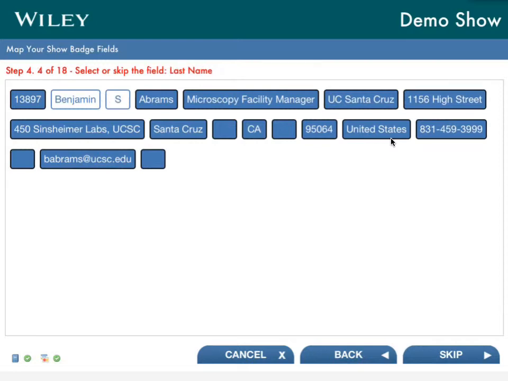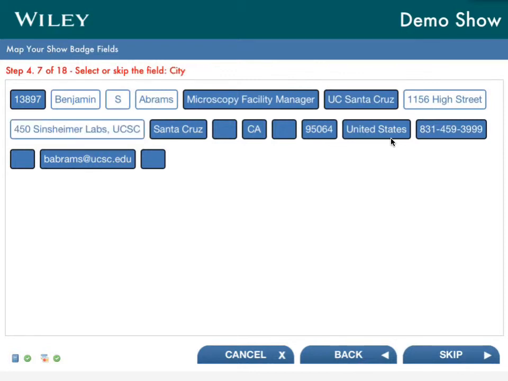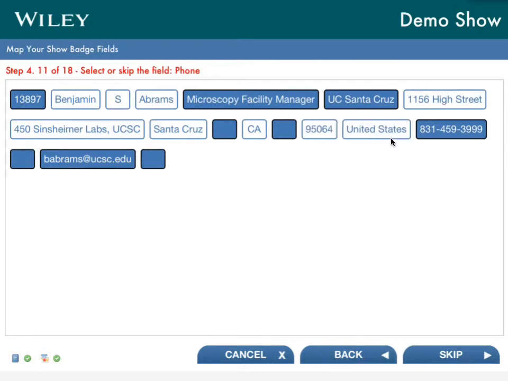Then last name, address 1, address 2, city, state, zip, country, phone. Now it's looking for phone extension, which is not on the badge, so we will hit skip. There is no phone 2, so we'll hit skip. And there's also no fax, so we'll hit skip. We do have an email,